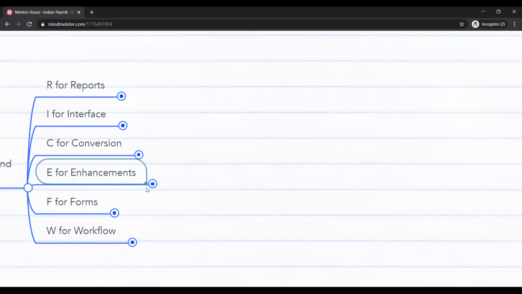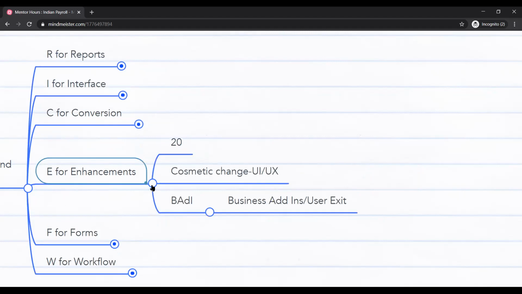The fourth one is enhancement, and it is the most frequently coming in a typical support project or in implementation over a period of time. Any kind of look and feel changes. Suppose you are working on a customer report and the customer asks to add a new column, or add a particular field in the selection screen. Any kind of user interface or user experience changes, any cosmetic changes you are doing in the front end, those things will come under enhancement.